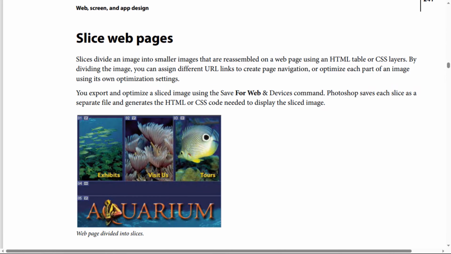Slice web pages. What about slice web pages? Slices divide an image into smaller images that are